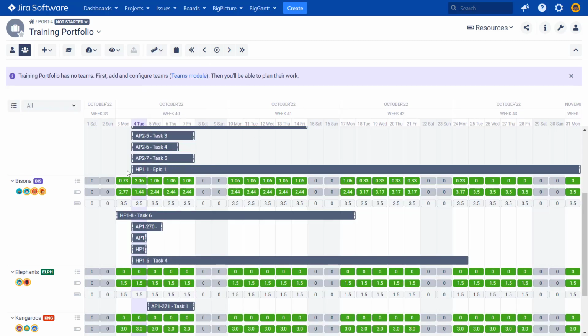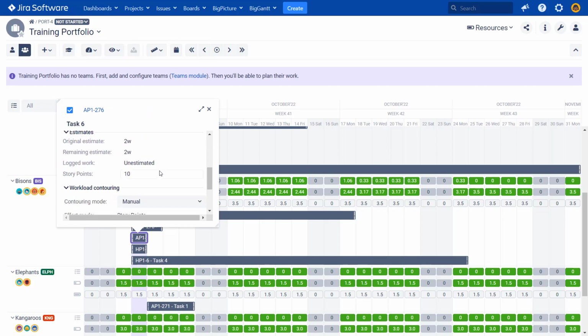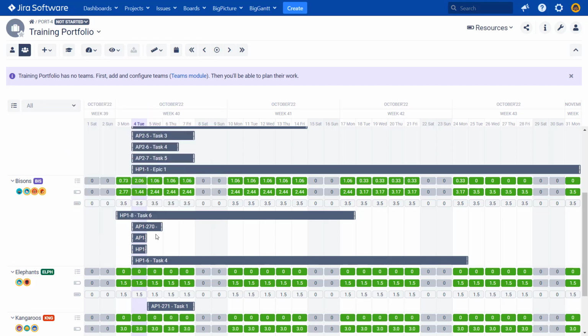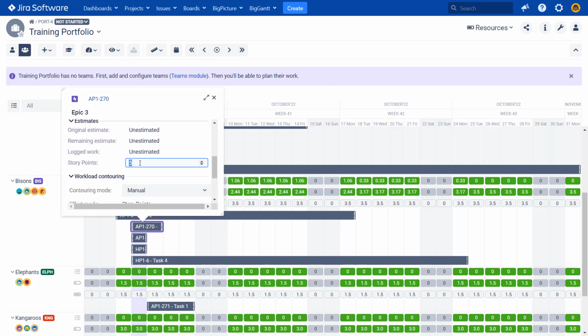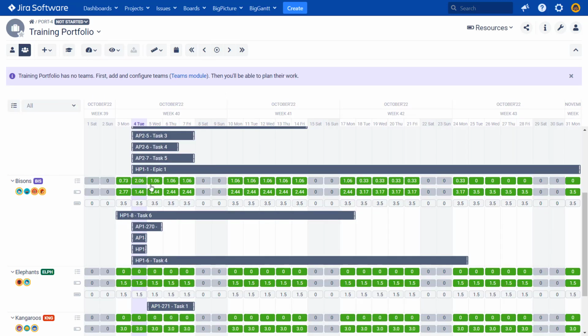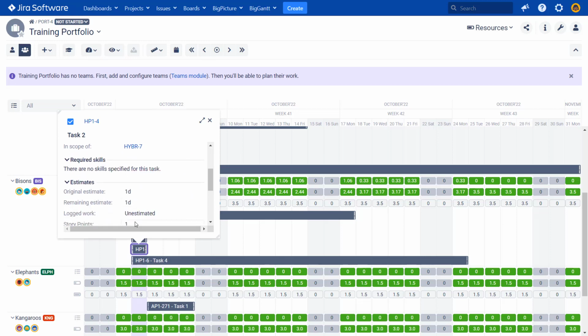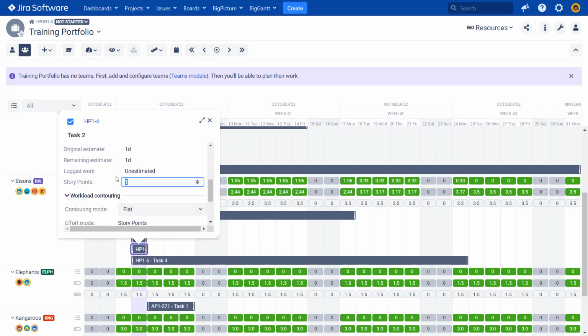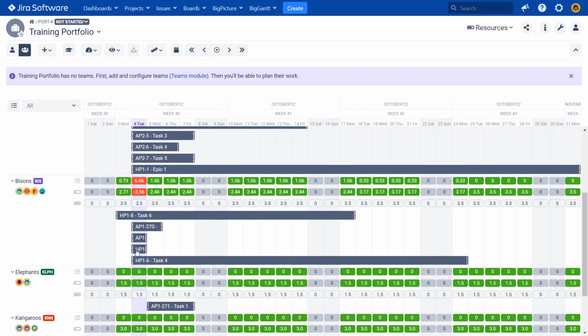So now at the moment, if we click on an issue, we see the details, we see also how many story points are here. So if we increase one of these values, let's say that I will increase this one to 10. No, actually it did not change a lot yet. Yeah, so now I increased some values, and you can see that on this particular day we over allocated the